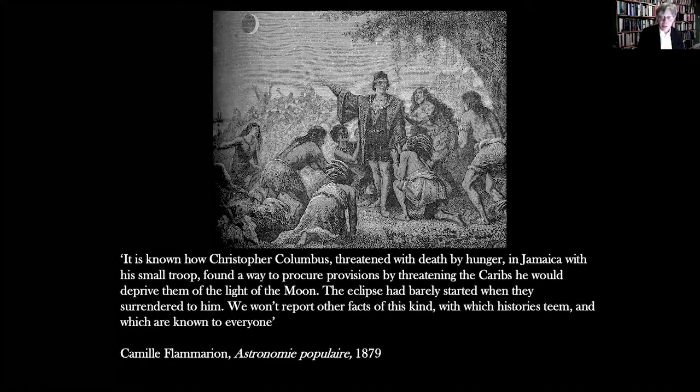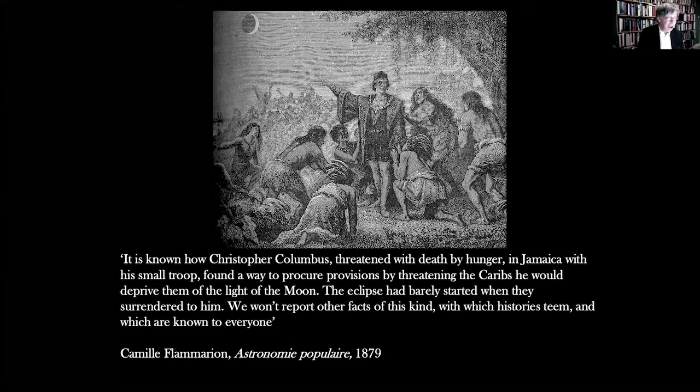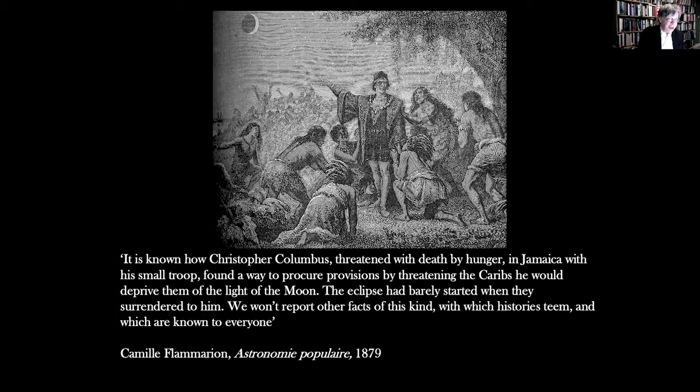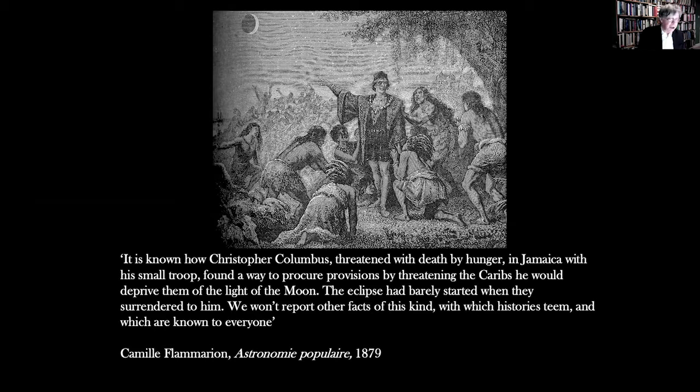Columbus consulted an almanac in order to see that there would be a total eclipse, from which he, on the one hand, was able to terrify the Taino so much with his astronomical expertise, his cosmological power, that they continued to provide his isolated crew with food. And on the other hand, using the time of the eclipse and the almanac available to him, he was able to calculate the precise position of the harbor of Santa Gloria west from Cadiz, one of the very first longitude calculations carried out by a European mariner in what they thought of as the